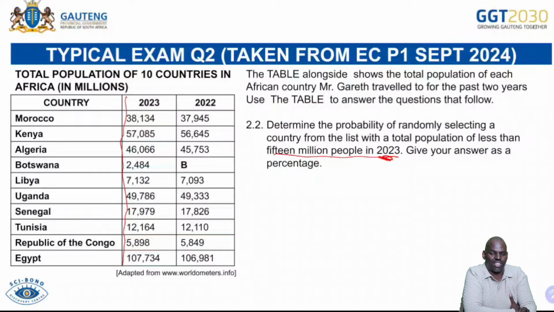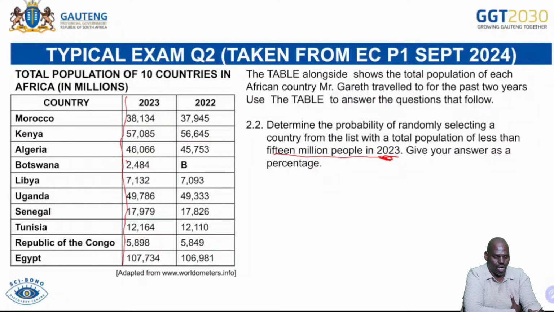This one is 57,085, so it is actually 57,085 million. And this one is 46,006, so this is actually about 46,006 million. And then we've got 7,132. This is actually 7,132 million. So how many of these values are less than 15 million? The ones that are less than 15 are